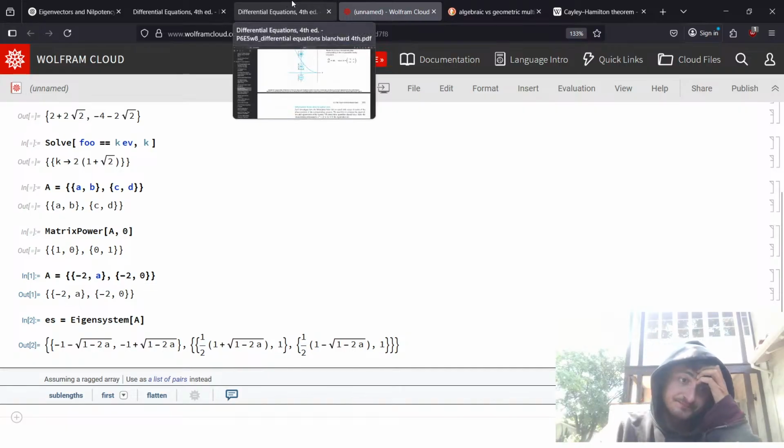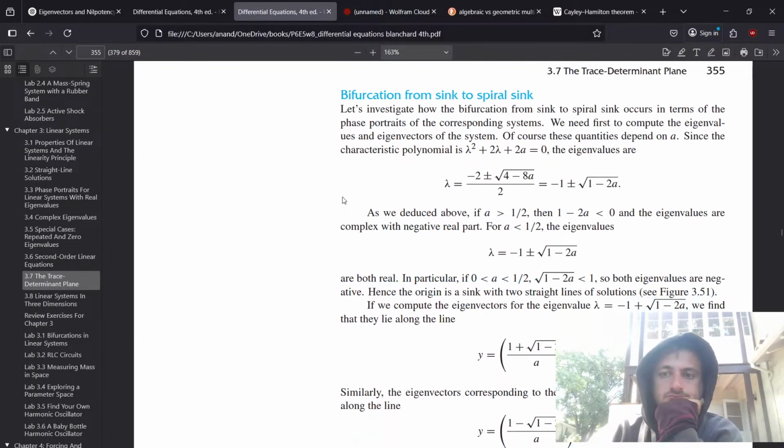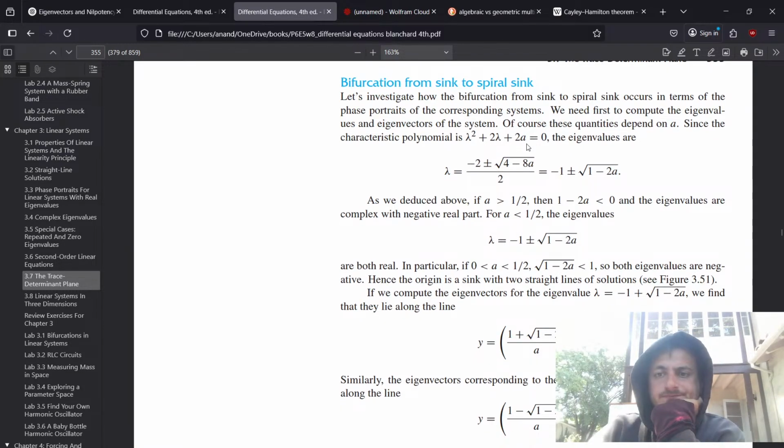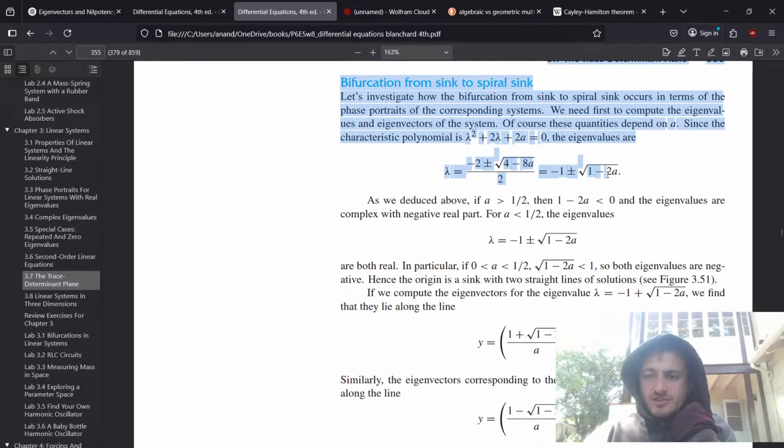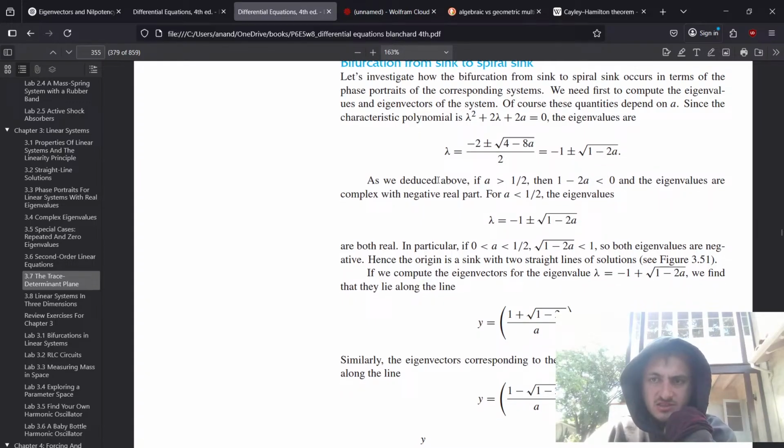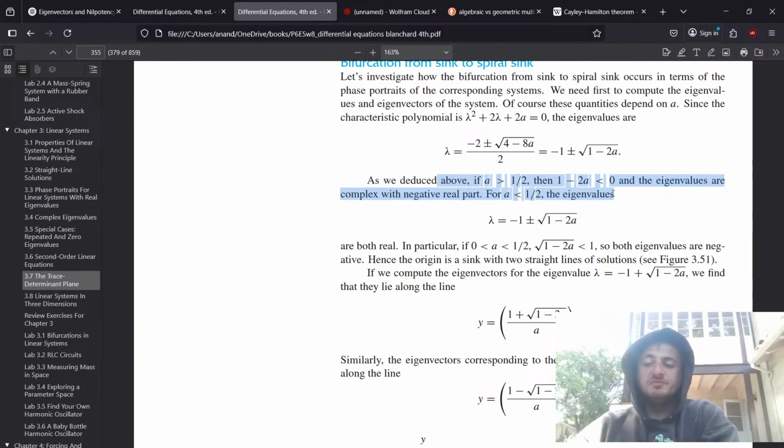The eigenvalues are going to be these, like we just saw. As deduced above, if A is greater than 1/2, then we have complex eigenvalues with negative real part, which means